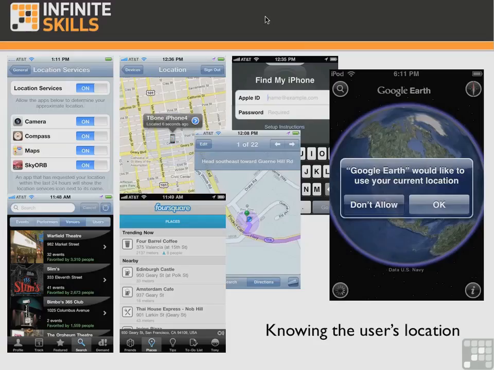The next feature to talk about is knowing the user's location. The iPhone and iPod Touch offer location services that let you create an app that can determine the device's current location or even be notified when that location changes. As people move, it may make sense for your app to tailor itself to where the user is moment by moment. The iPhone uses the Global Positioning System, also known as GPS,